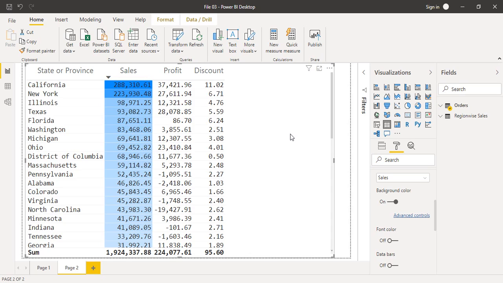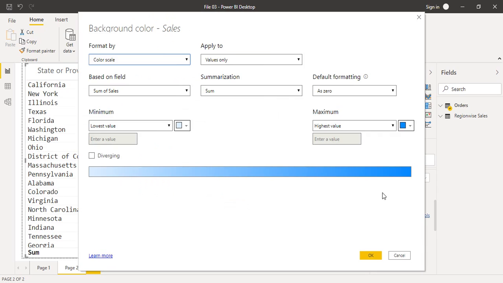Now what if you do not want this blue color and want some other color? As soon as you turn this button on, there is something known as advanced controls over here. You can simply click on it and you will find a pop-up menu in front of you. You can keep all these things the same.